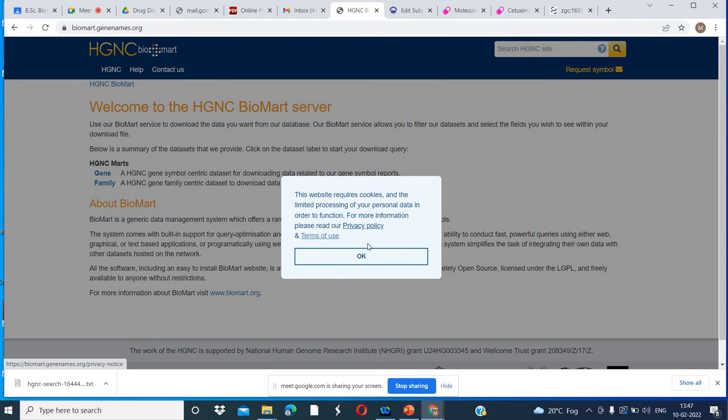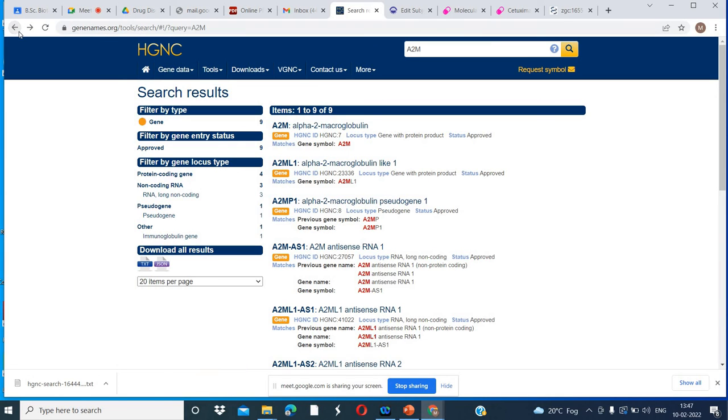The BioMart server website requires keys. Today I am not searching in this tool. We will do searching on some other day. So now we have searched about the A2M gene, the alpha 2 macroglobulin gene.